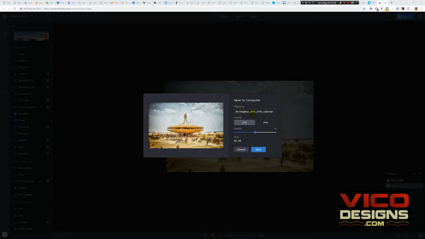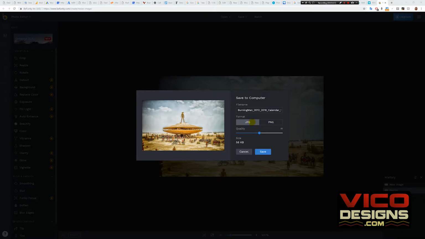So here we can set our name, right? So we can change our file name. This is where you would be able to save a transparent image or a regular JPEG. PNGs are great, but they take more data, and they're only used for using transparencies. So we'll keep this at a JPEG,